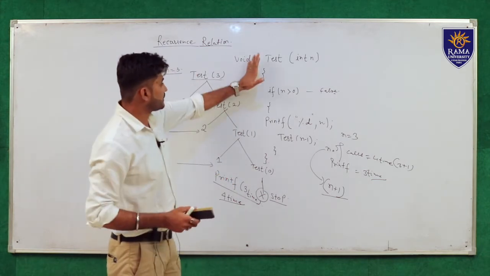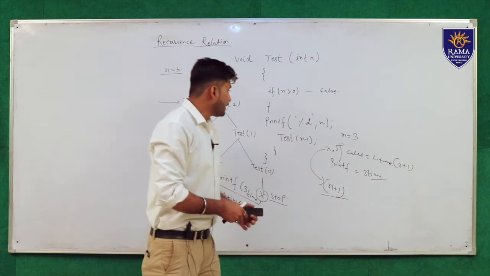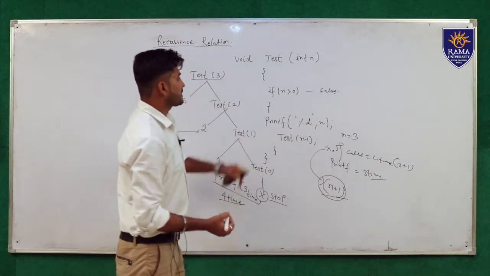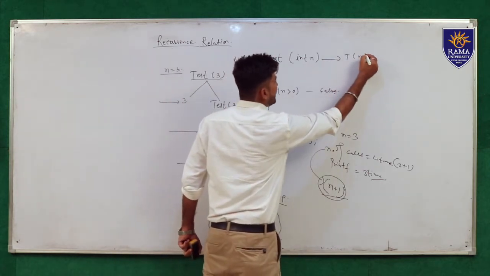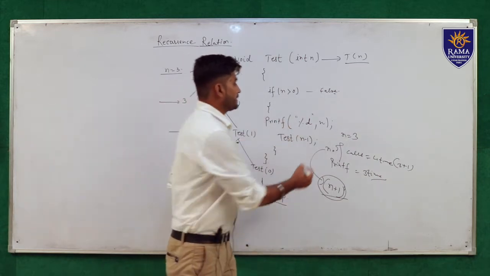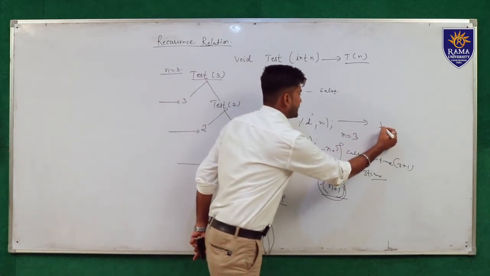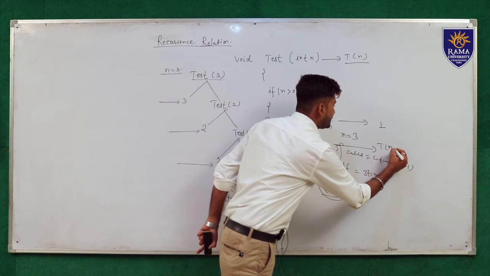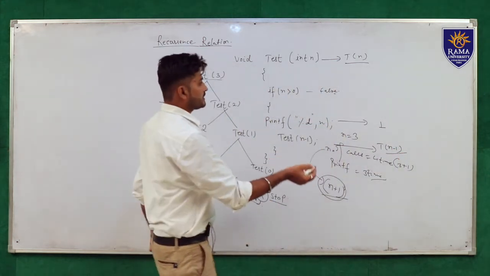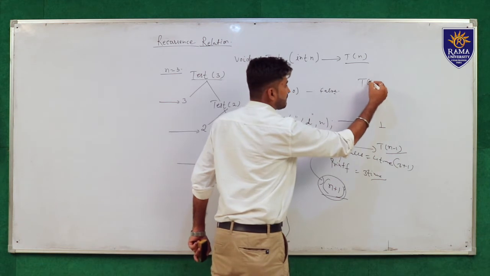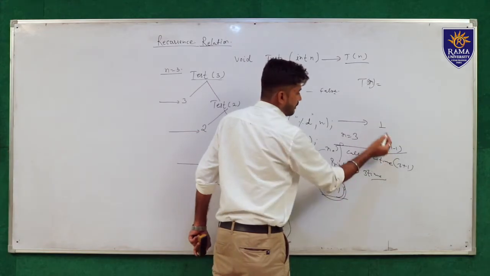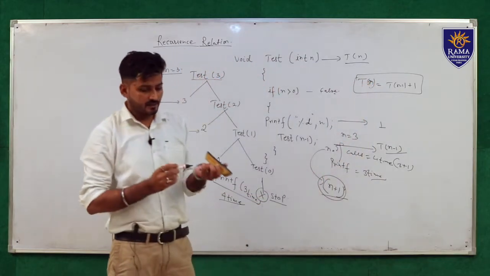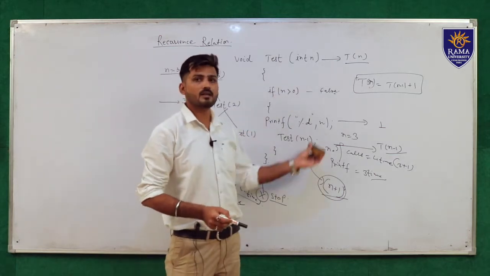So this is how the function works. And what is the amount of time taken? N plus 1. In general form, suppose it takes T(n) time, then it will print 1 time when n is greater than 0, and again here the time taken by T(n minus 1). So the total time for the given example, T(n) is equal to how much time? T(n minus 1) plus 1. This is the recurrence relation for the given algorithm or for the given function.